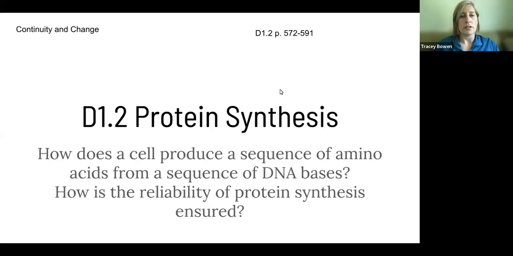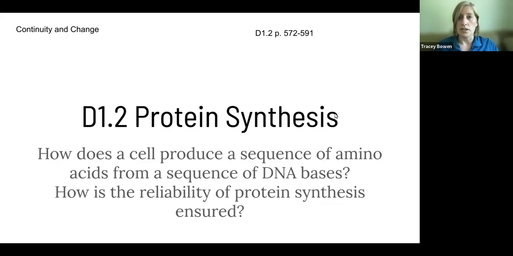Hey all, so we're going to be looking at protein synthesis for this video, and we are going to be trying to figure out how a cell produces a sequence of amino acids from DNA, and also how the reliability of protein synthesis is ensured. So we're going to be trying to think about continuity and change. Again, how are we keeping things the same, like the DNA, and coding effectively for RNA, but then simultaneously making